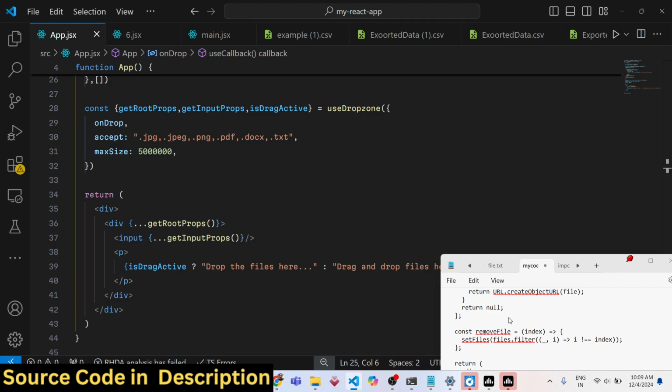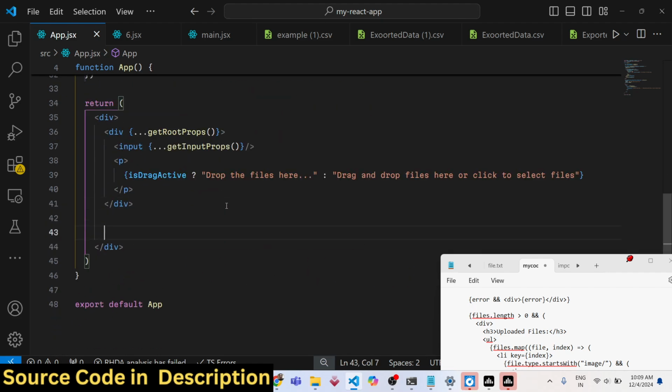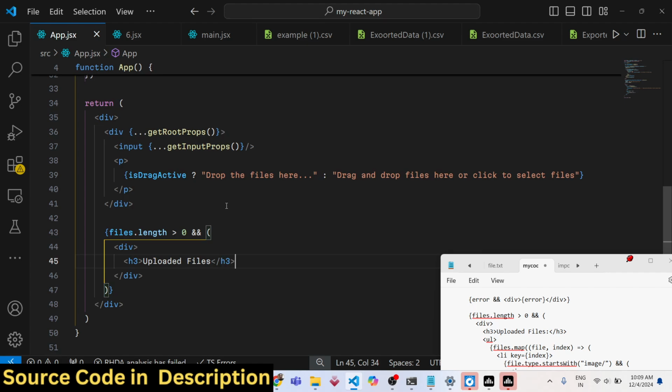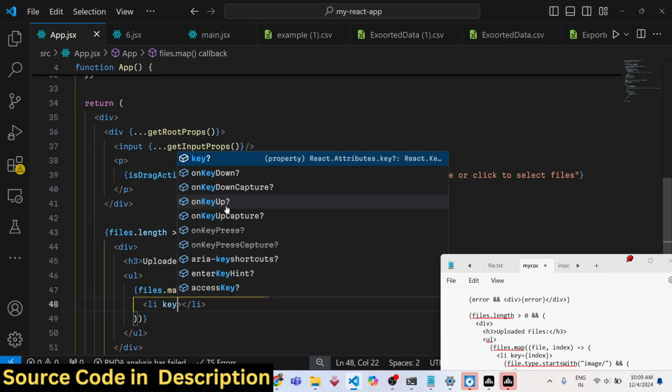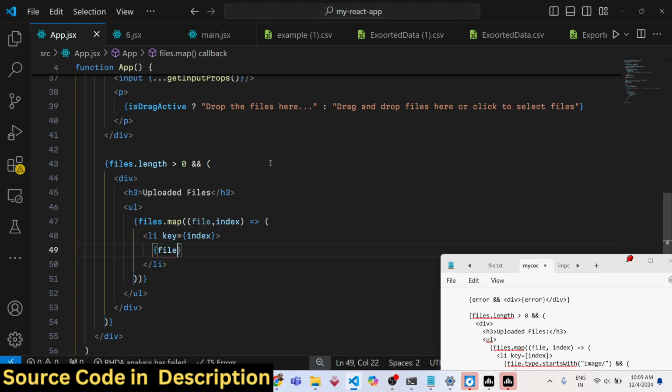Now we can display these files which the user will select. Right after this, we can have this files length is greater than 0. In that case only display the files, we simply have a heading. This is your uploaded files. So we will use the map operator, and for each file we will actually have a li tag. We will be giving a key parameter to the index, and inside this we will show the property of the file. So we will basically show,